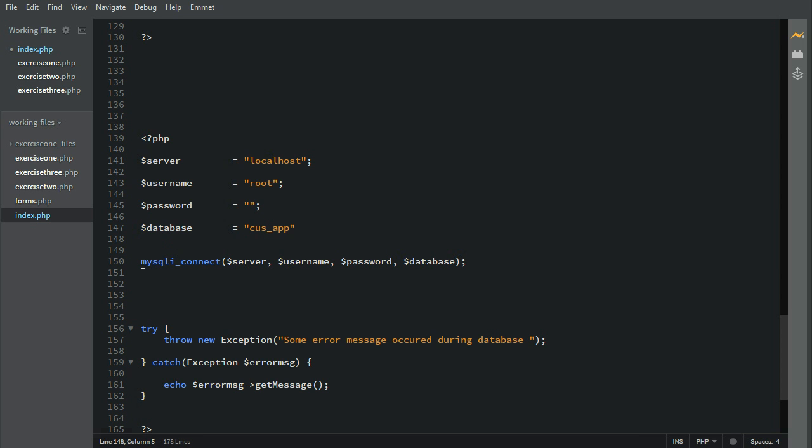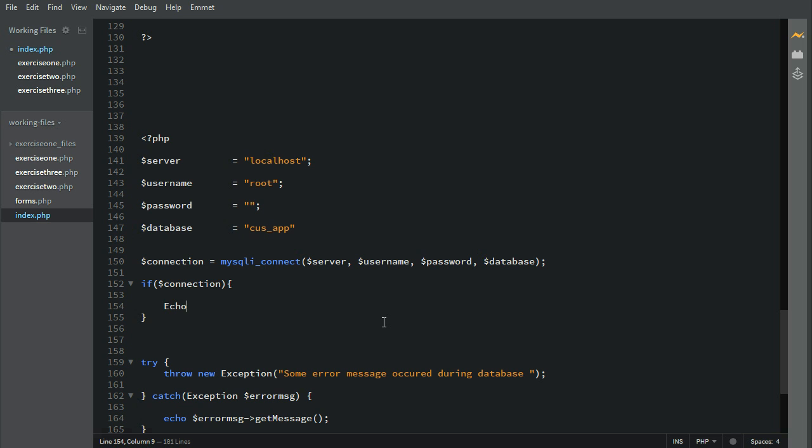Now what we're going to do is put this in a variable and call it connection, because you want to test it and see if it works, right? And below here you can simply write a statement and say if connection. That means if this connection got a response from this function, then echo